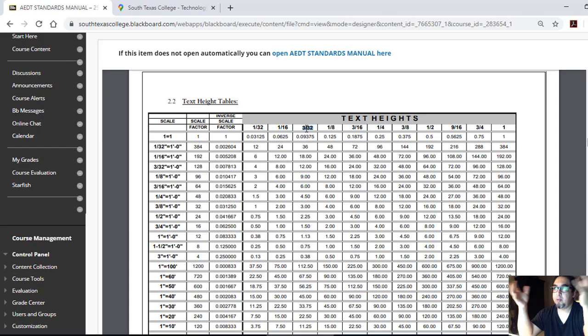Okay, so we have a house that is 50 by 60, or a building 50 by 60. That itself, 50 feet by 60 feet, doesn't fit on a sheet of paper. So we're going to scale that down so that it fits on a sheet of paper. That's called scaling. Now we're not making the building smaller. All we're doing is that on the viewport that we open, we're pulling it back so we can